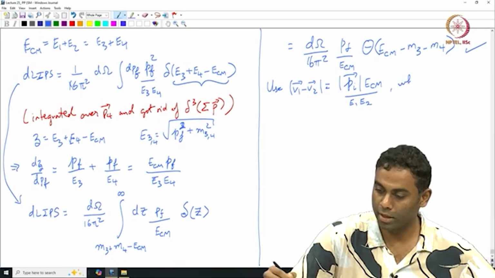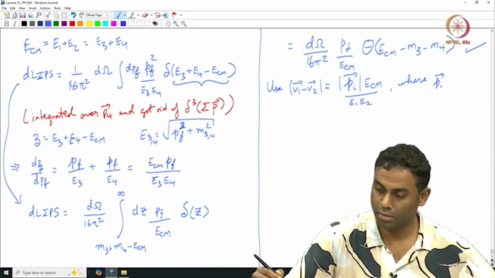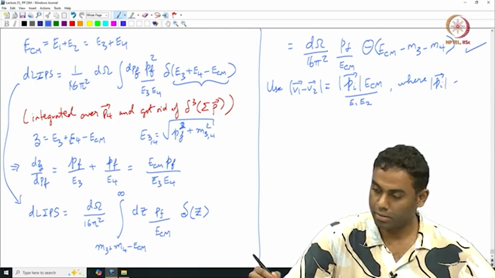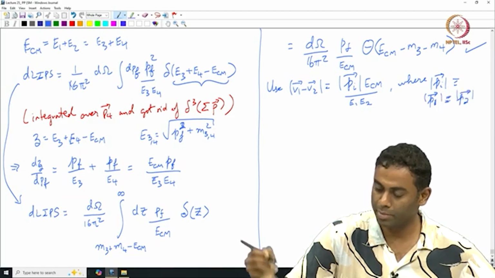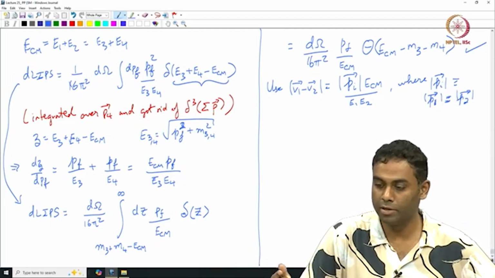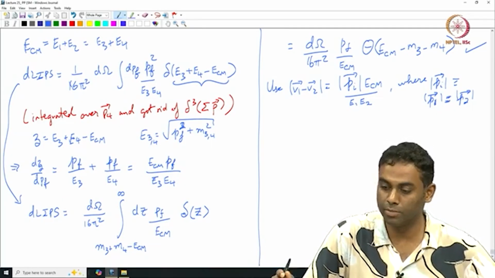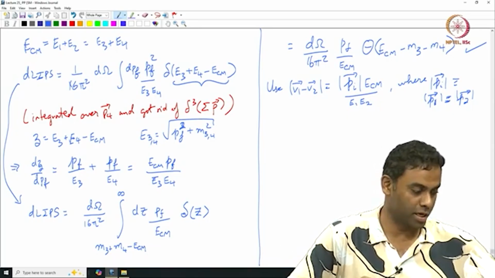Okay, where the initial momentum is what I define as, P1 and P2 are equal, right? The magnitudes. That's what I mean by Pi here. Okay, I mean this is very simple. Okay, it's very simple to derive. So you can get that,